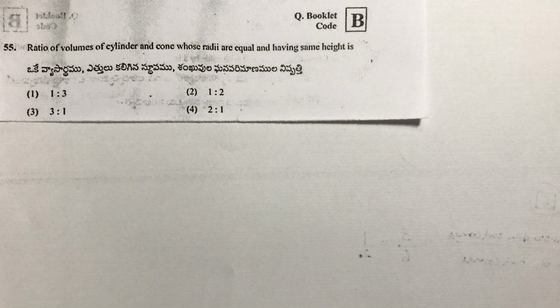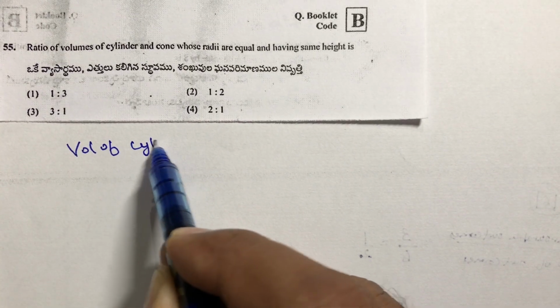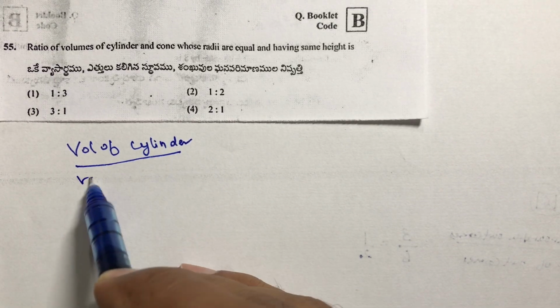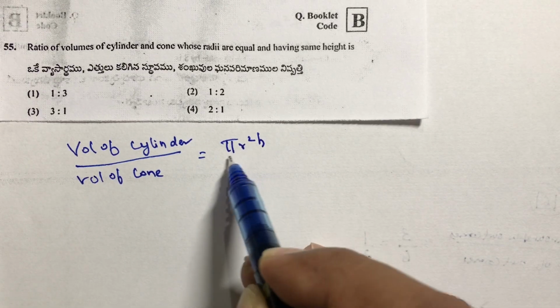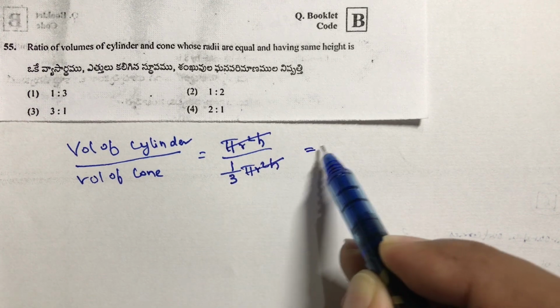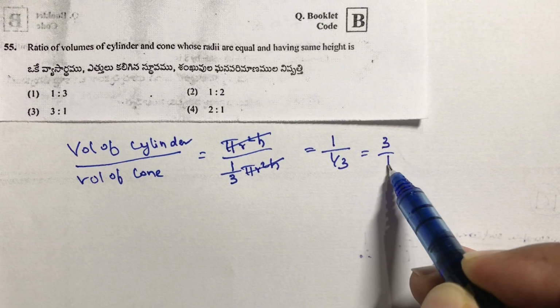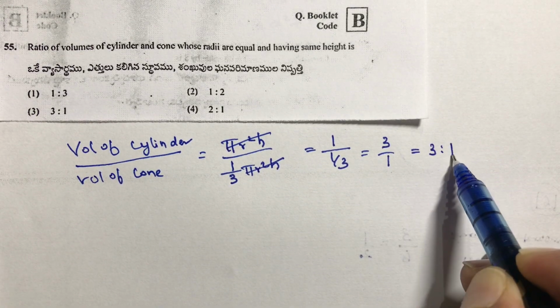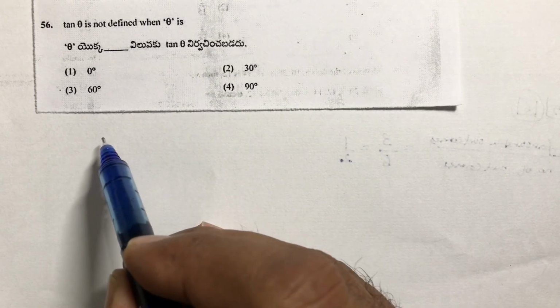So the correct answer is 3. Ratio of volume of cylinder and cone whose radius are equal and having same height. So volume of cylinder by volume of cone. Volume of cylinder is pi r square h. Volume of cone is 1 by 3 pi r square h. Pi r square h cancel. 1 by 1 by 3. So this 1 by 3 will become reciprocal, 3 by 1. So answer is 3:1. So correct option is